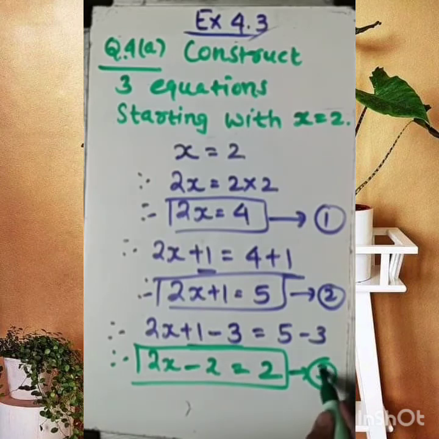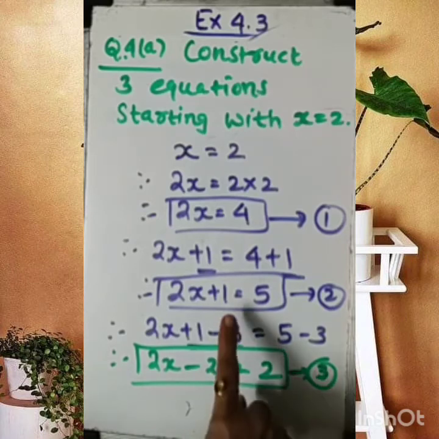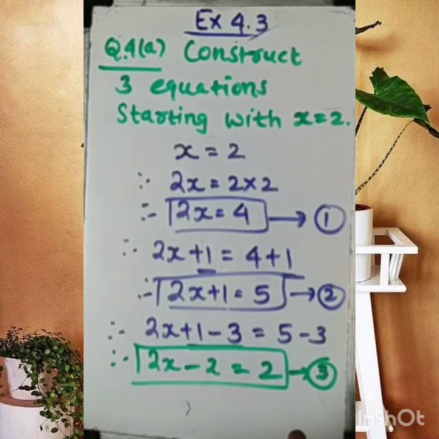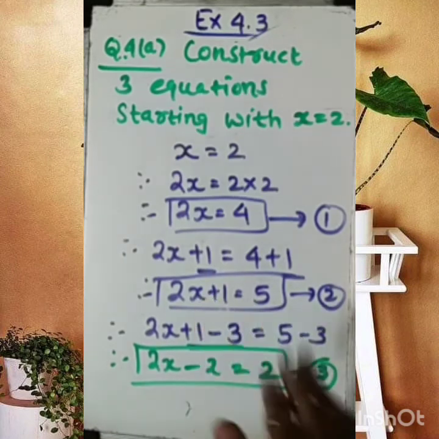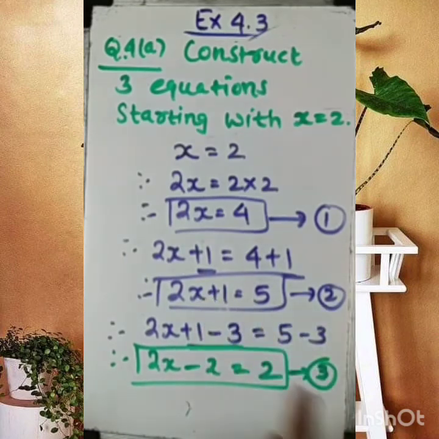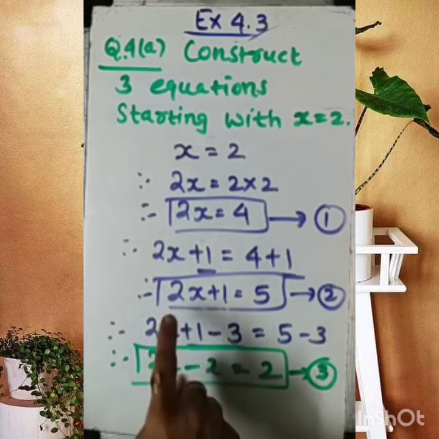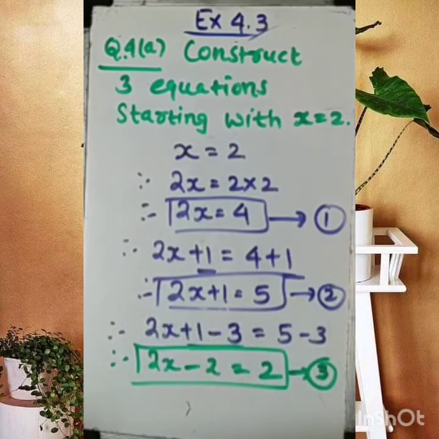So these three equations can vary from person to person, because here you can see according to my choice I have put in one. If somebody wants to add something else, they can also do. If somebody wants to multiply with something else, then the answer will be according to that. Okay, it varies from person to person. We can't mug up all three of these equations and mention them in the examination. It's not possible. Okay, so we'll work out B now. I hope you all are ready.